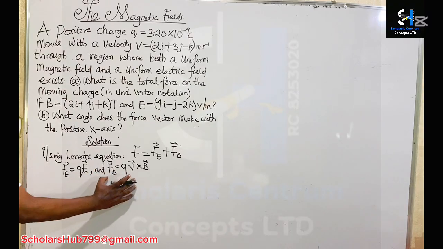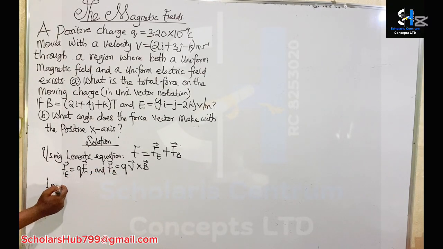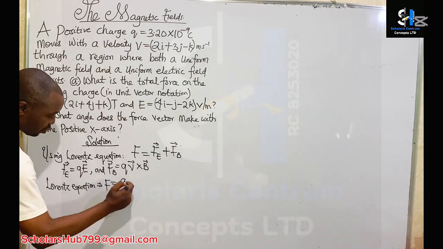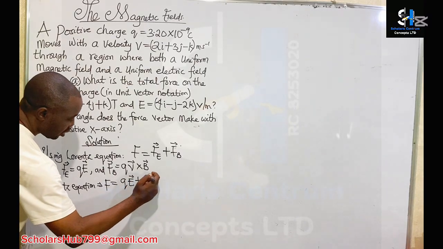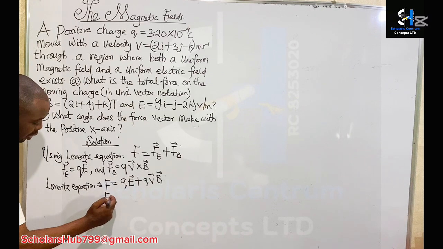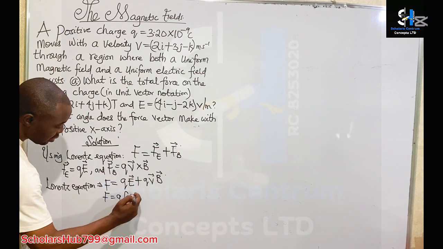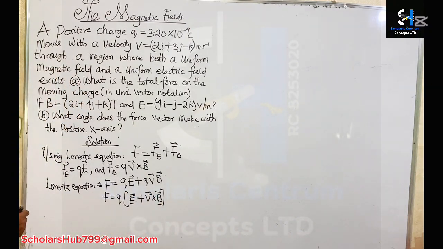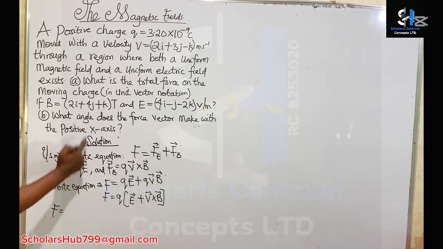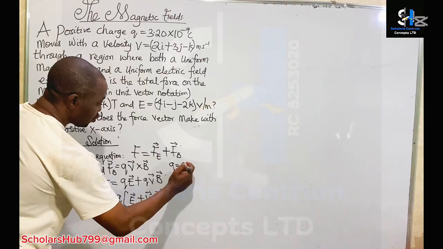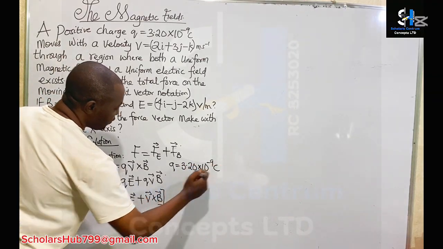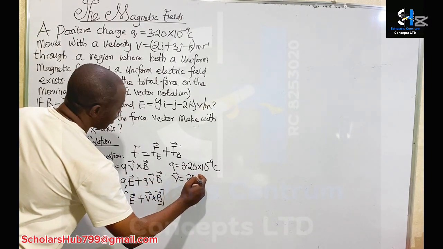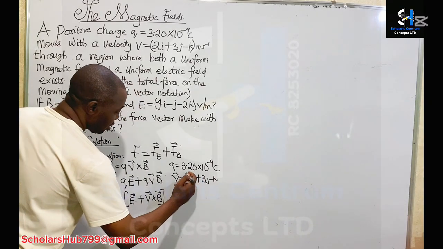All right, so the Lorentz equation will now be F equals QE plus QV cross B. So this will be Q parenthesis E plus the cross product of V and B. So F equals, now the charge we're given, remember, Q is 3.20 times 10 raised to the power of -9 coulombs, and we are given the velocity vector to be 2i plus 3j minus k,